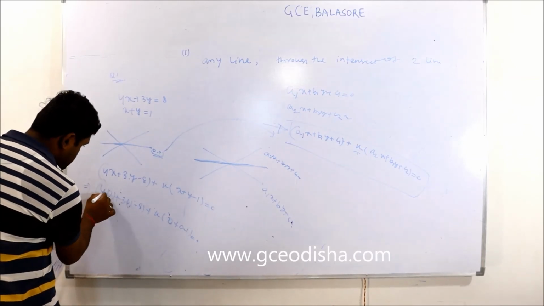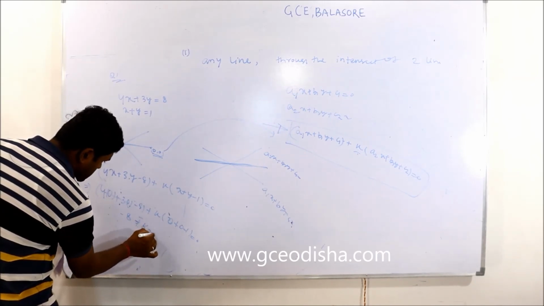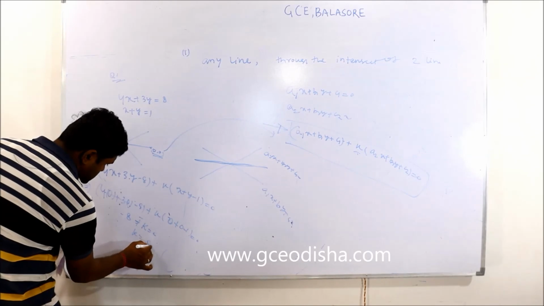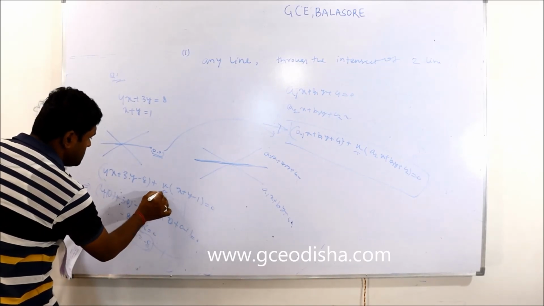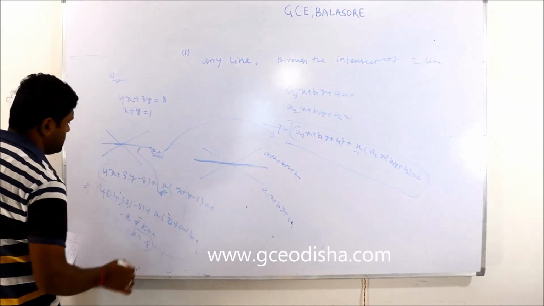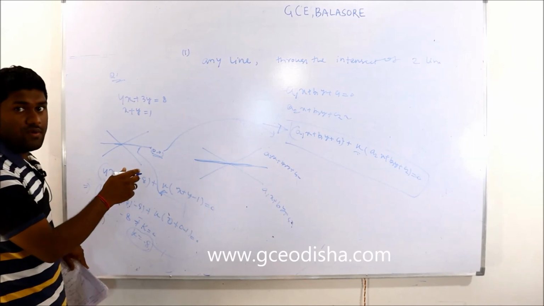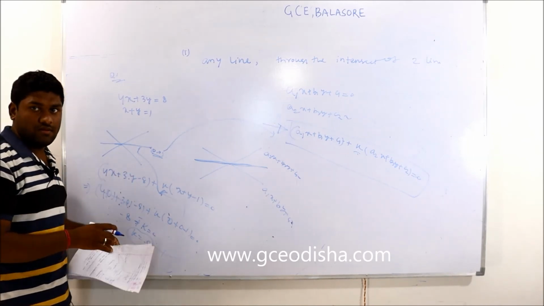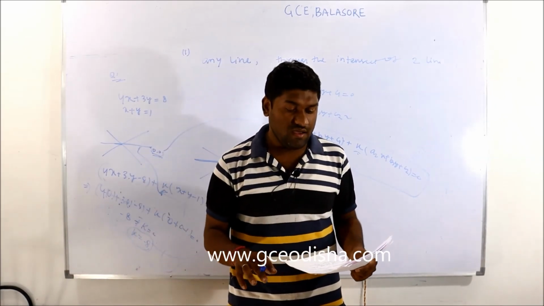Then what will come? This is 0, this is minus 8 minus k is equal to 0, so k is equal to minus 8. When you put this in the equation, you can find the line. Okay, just put the value of k, you can find the equation of the line. Okay, thank you. This is the completion of